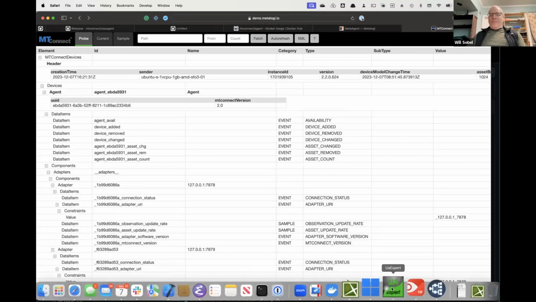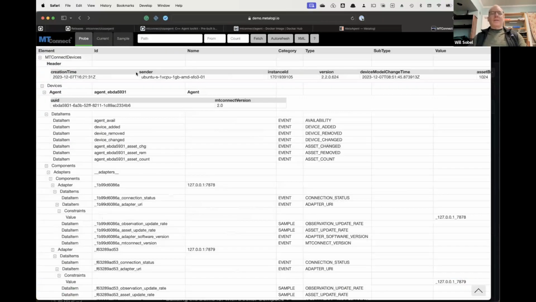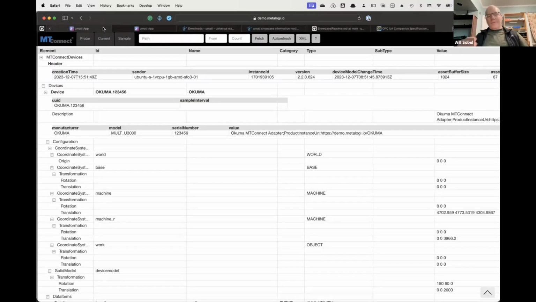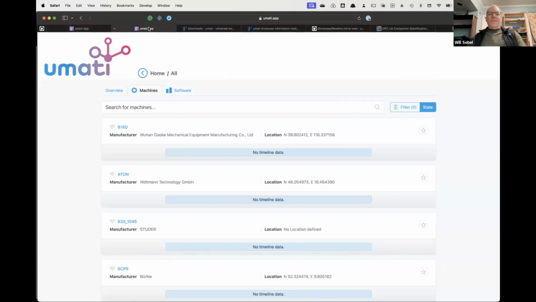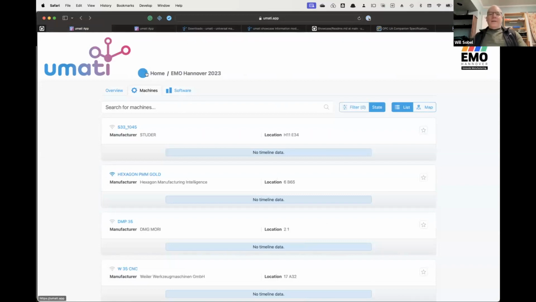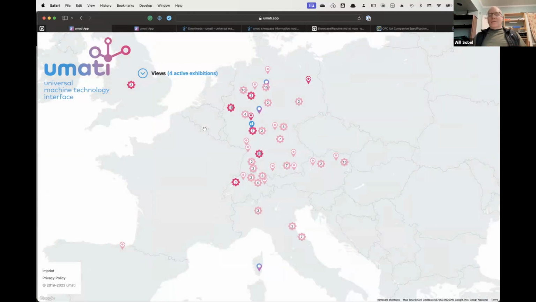I'll show you also what that looks like in OPC UA. But what I want to do first is discuss a little bit about Umati. There's a lot of confusion sometimes about what Umati is exactly. Talking with them, it's a combination of things. It's an organization that is producing a set of standards or companion specs for OPC UA, as well as this application and a set of requirements for the application